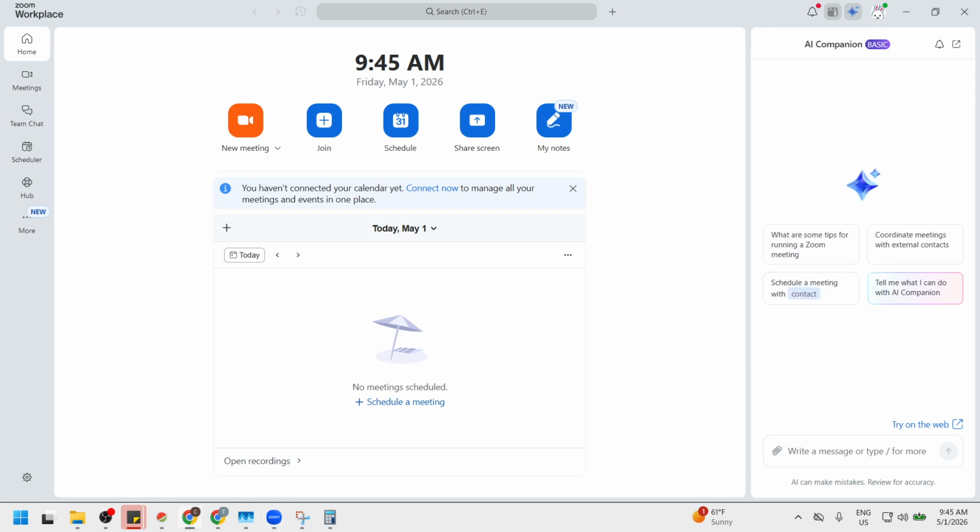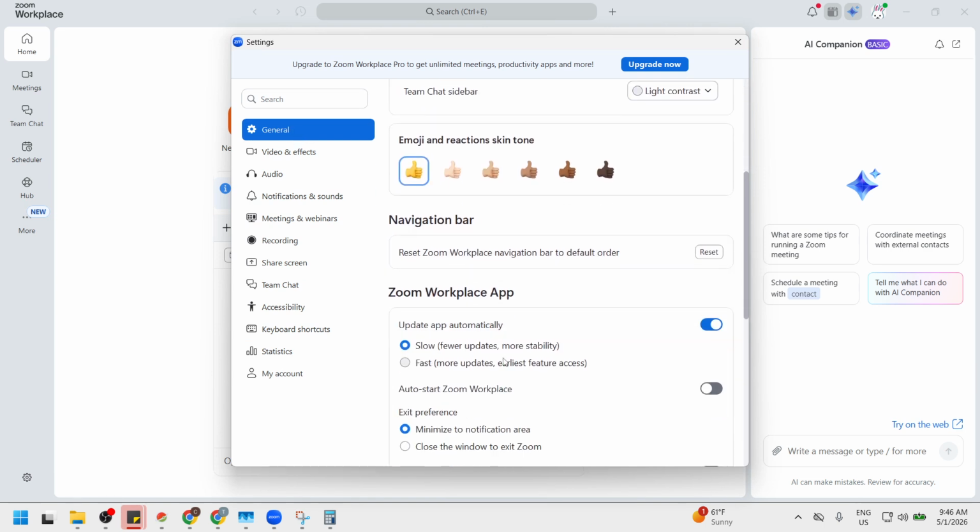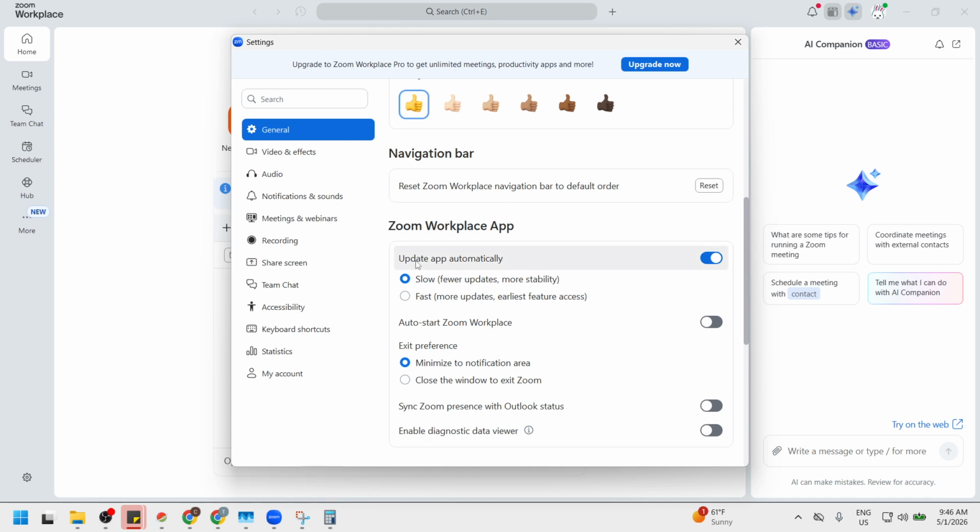Another common cause is an outdated Zoom version. Newer meetings often require the latest security protocols, and older apps can't pass those checks. Click your profile picture again to open the menu. Go into Settings, and under the General section, look for Zoom Workplace app. Make sure Update app automatically is turned on. This keeps your client current so you don't run into compatibility or security blocks right before an important call. If an update is available, let it complete, then restart Zoom and try joining again with the meeting ID and